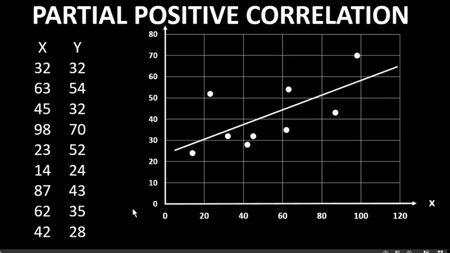If this type of situation is found, then we can say that there is partial positive correlation between two variables, and in such a case, this type of correlation can be defined in this way. If all the points of the scatter diagram lie on or around the straight line that is going upper right from lower left, then there is partial positive correlation between two variables, and in such a case the value of r will always be between 0 and 1.